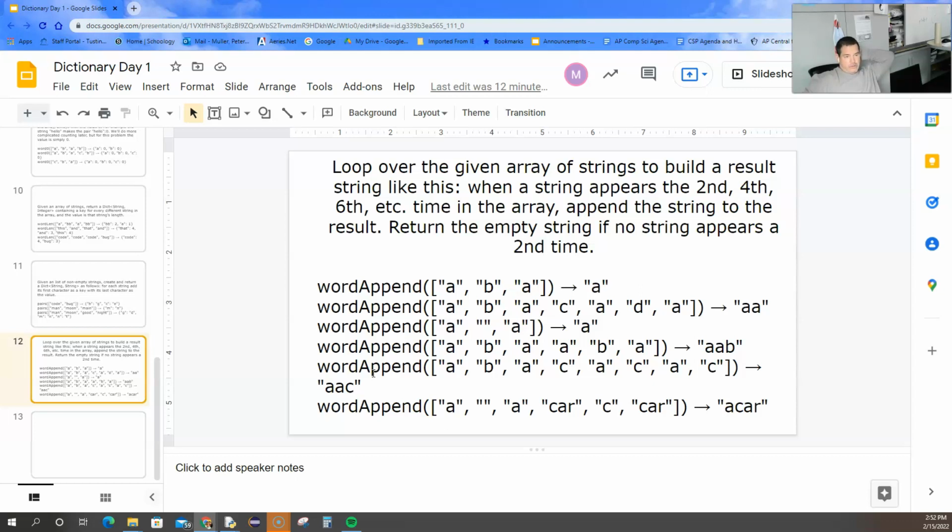So, my result is a string of the letters, but I only deal with them the second time, so every other time. I saw a lot of people deal with this in a way that did not use a dictionary. But here we are in the dictionary, day one kind of thing. So chances are there's a way to do this using a dictionary. And I think one way to do this would be just to say to myself, well,